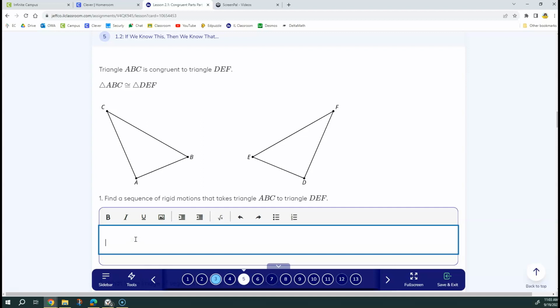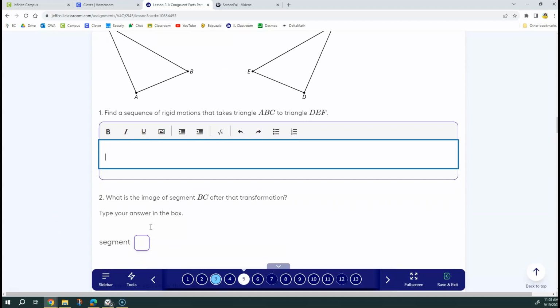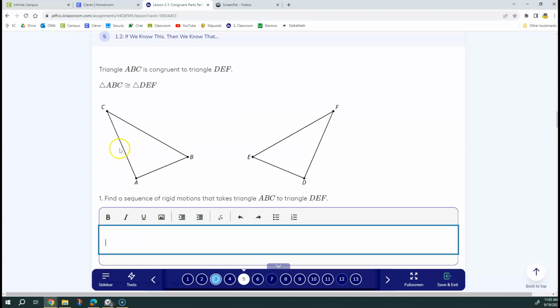Take just a moment, pause your video, and type in what you think happened to get triangle ABC to match with triangle DEF. Okay, so now that you've taken a moment to type in what you think happened to get from triangle ABC to triangle DEF,